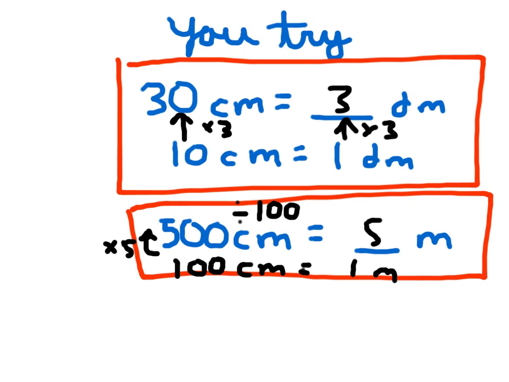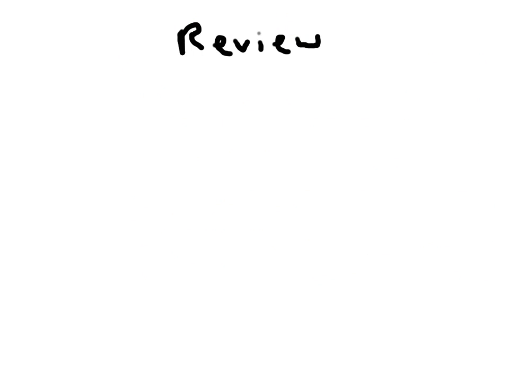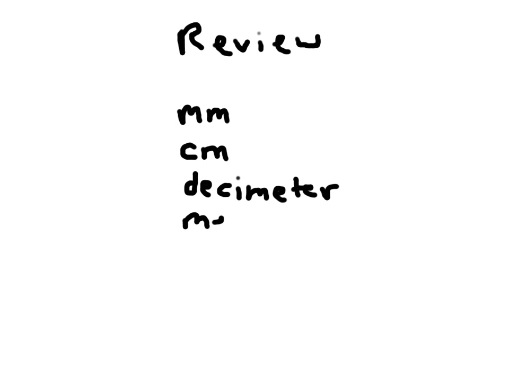And that's that. So to review again, these are all units of length, metric units of length. We had the millimeter. And then up from the millimeter, we had the centimeter. And then we had the decimeter. And then finally, we had the meter. Larger than that, we had the kilometer,